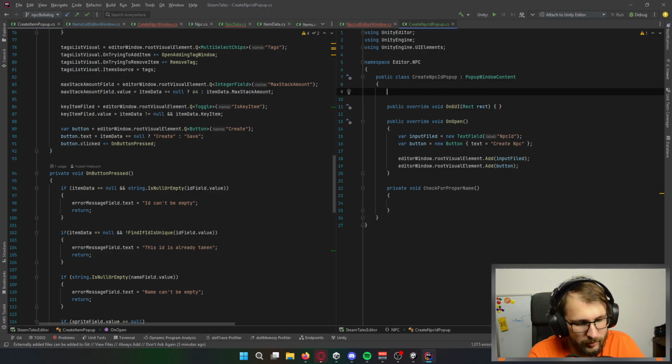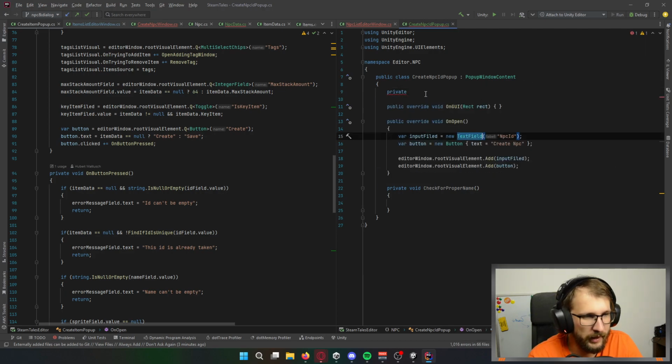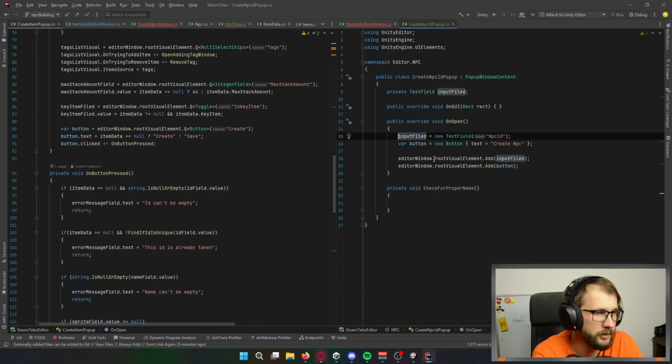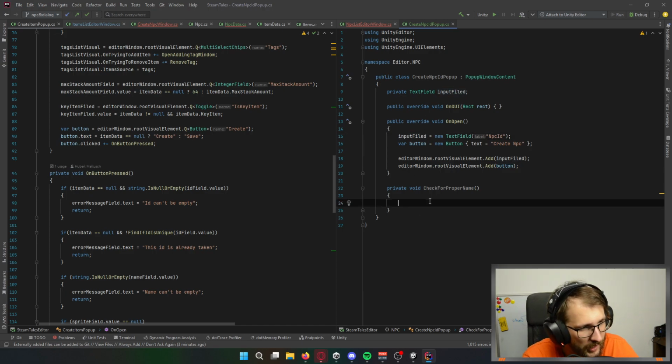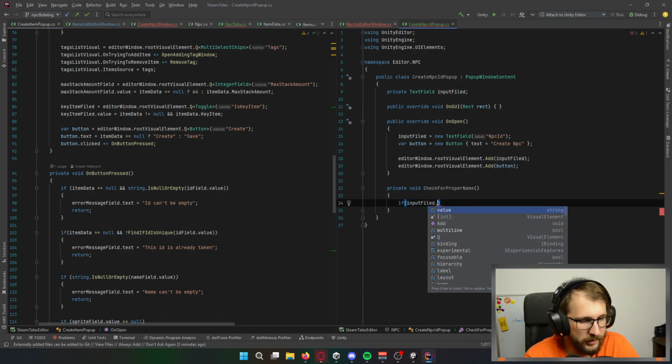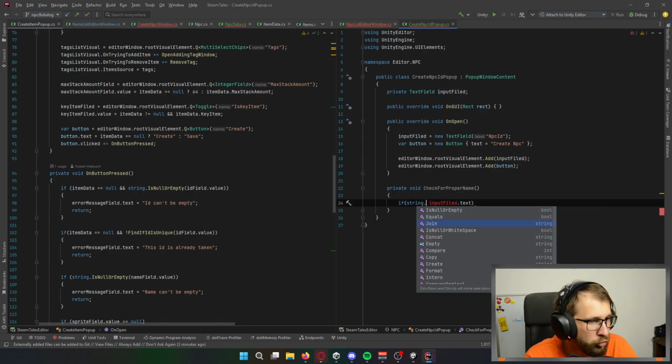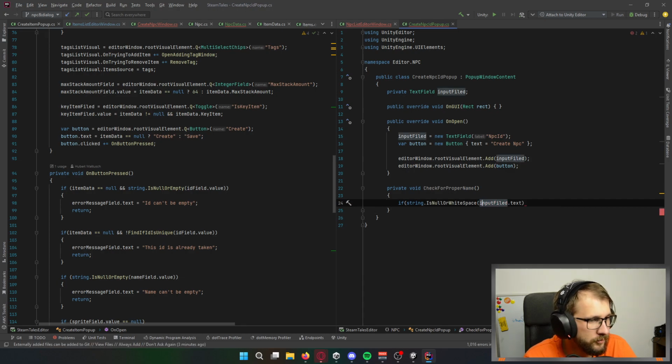I have to have access to this input field at any moment of time, so it should be like that, because now after pressing the button I have to check if inputField.text, to be precise, is null or white space.